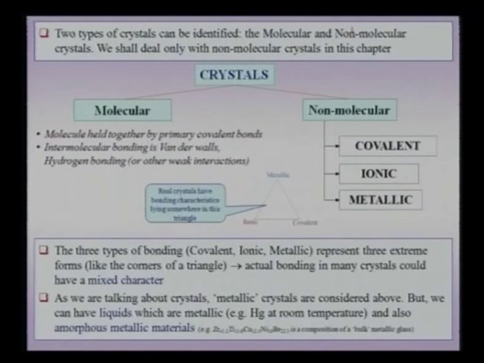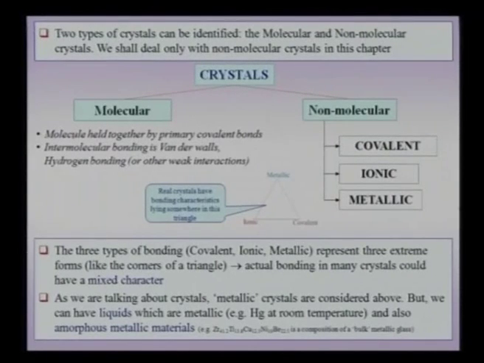When we want to classify crystals, one particular kind of classification which is often very instructive is that we can classify crystals as molecular crystals and non-molecular crystals. Now, this classification becomes all the more important when you are talking about certain properties like melting point and certain other properties like deformation behavior, etc. Molecular crystals are typically made of molecules, and these molecules are typically formed by primary bonds